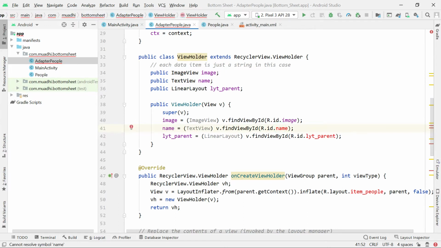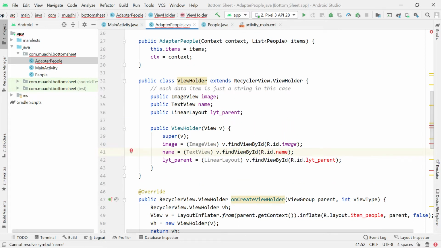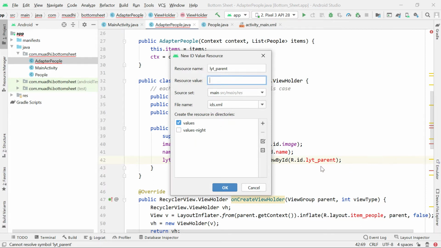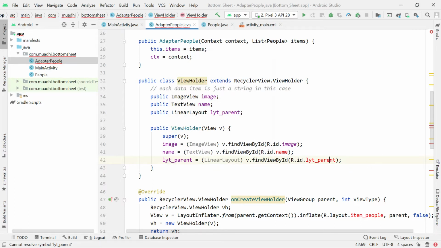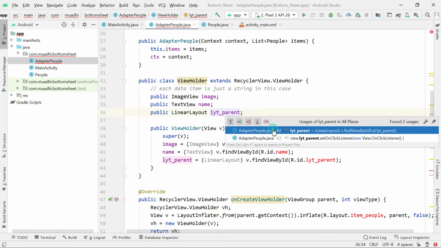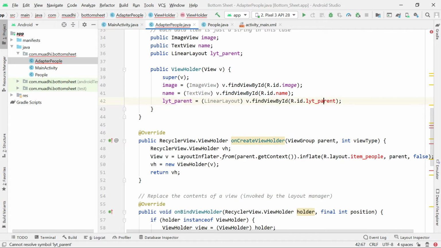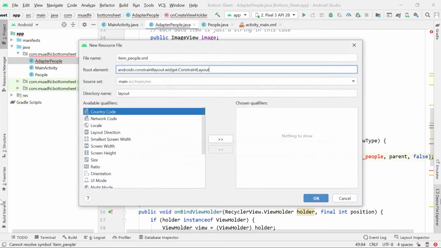Then I come here to the image. Of course, this one is a layout. So I'll just simply come here, press Alt and Enter to get this layout. I'll just show this layout. So just press here, Alt and Enter to create this layout.